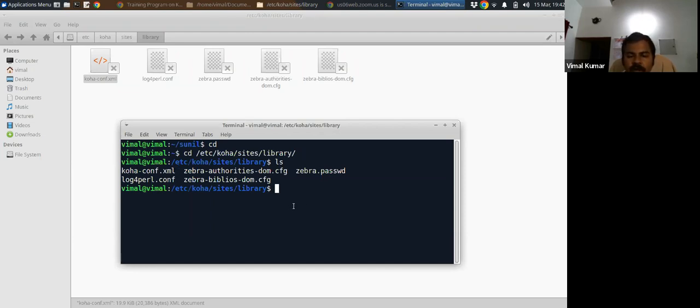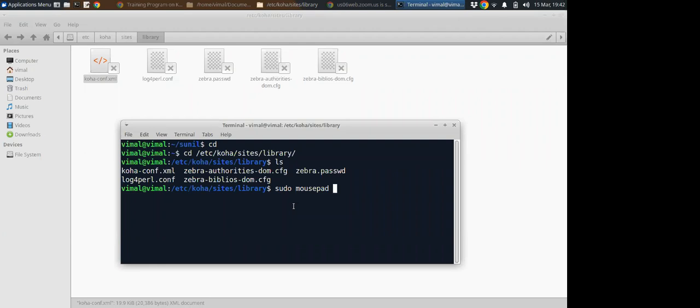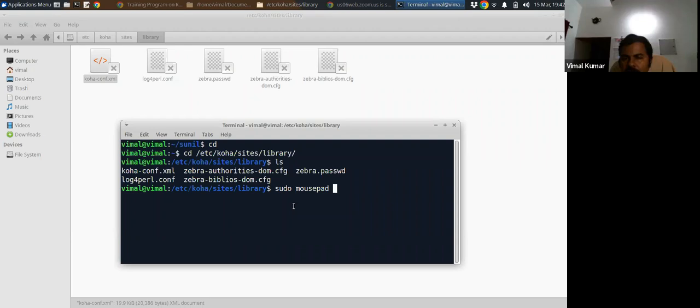How to open it? In the normal case, we can open it, but here we have to make some changes. We have to apply the command sudo, then type the text editor name, mousepad. Sudo gives you administrative power. Then the text editor name, then the file name Koha. Press the tab button to autofill, otherwise a spelling mistake will happen and the file will not open. Sudo space mousepad